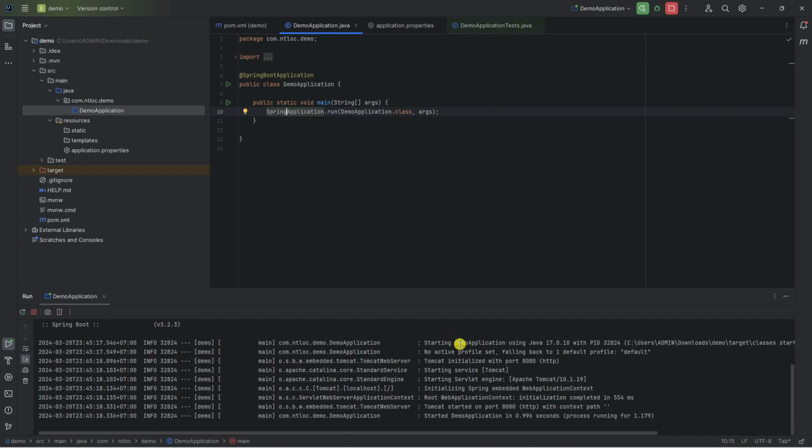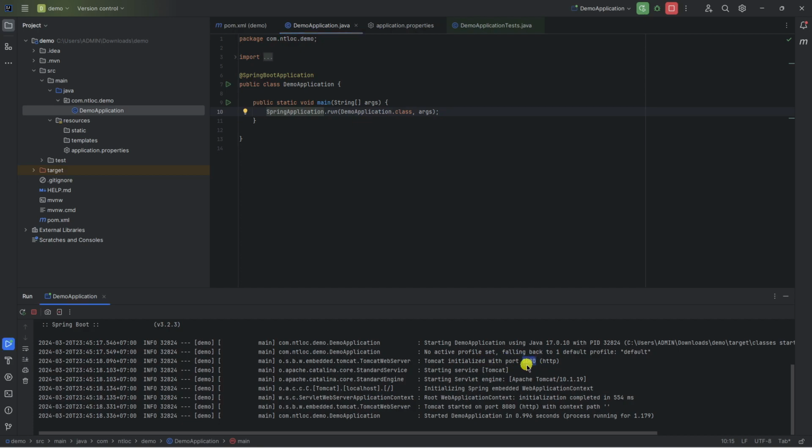In the log here, it's starting the application with Java 17, Tomcat is started, and right now we have the Java web server running, and the port by default is 8080.